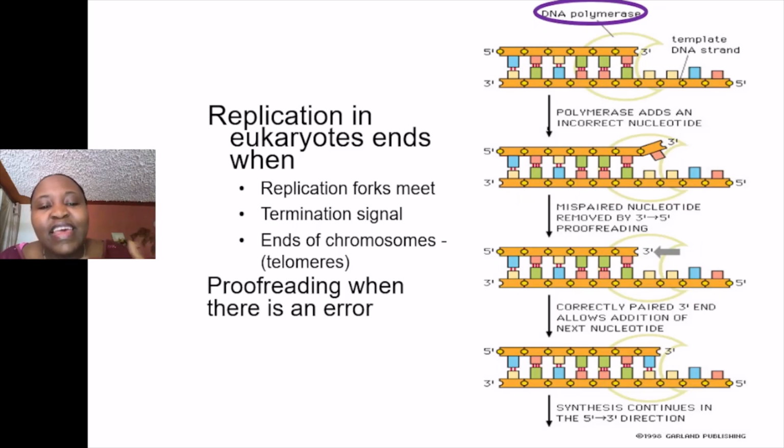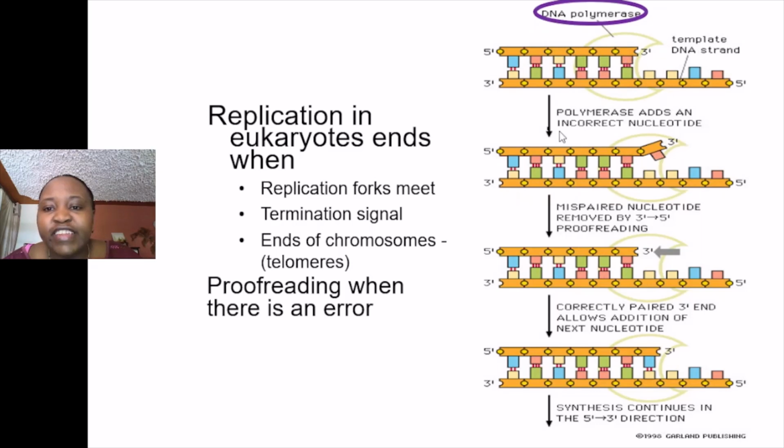Now, just like any other copying, even if you are typing and adding certain letters, you're likely to make a mistake. Even DNA replication is likely to have mistakes as it is being copied. So we have what we call proofreading when there is an error, and that is done by DNA polymerase delta. It has the capability of autocorrecting or proofreading backwards,